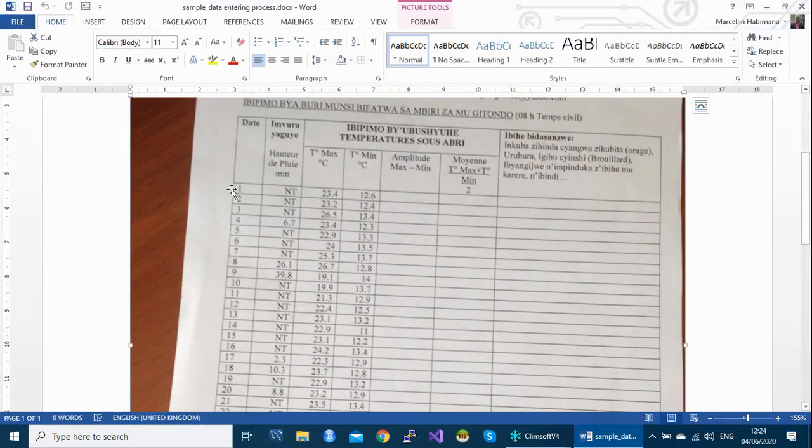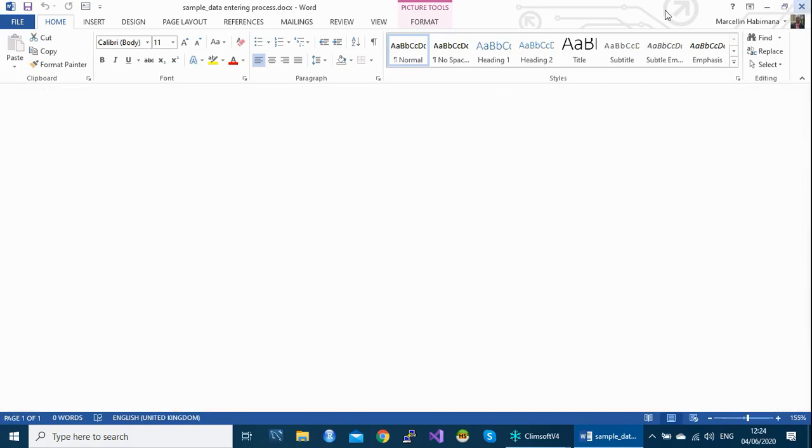After that, for day 1 it will go to day 2 and so on. We start with maximum, minimum and rainfall, and after that day it goes to the next day, then maximum, minimum and precipitation, and so on. So let's see how it works.